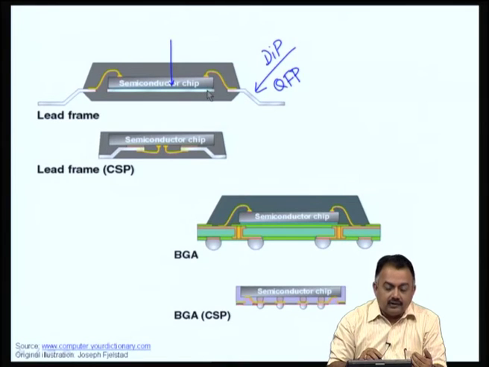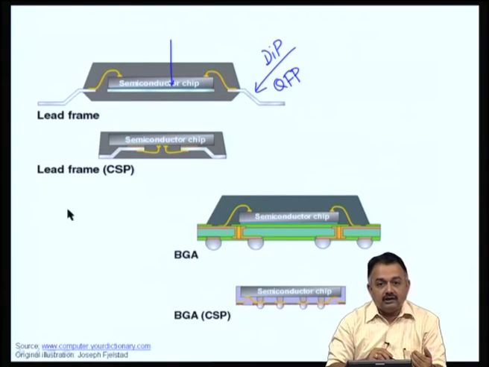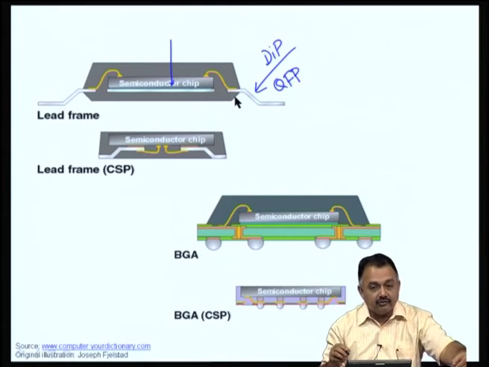The green that you see here is a die attach material, an adhesive which holds the die onto the substrate, and then you have an interconnection established. This is called wire bond. Interconnection is established between the die pad and the lead frame. This is the lead frame. So, this is a first level interconnection. Once all such interconnections are done for the entire IC, it is packaged with a package material. The black one that you see here is similar to the one that I have shown before, the black DIP package, as you can see here.